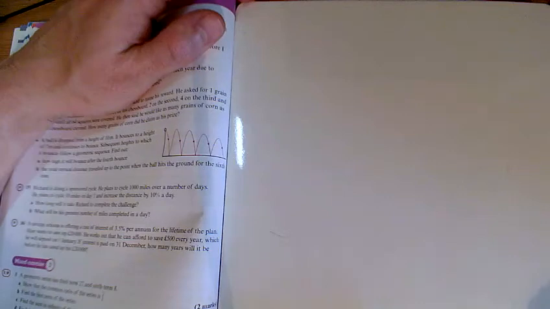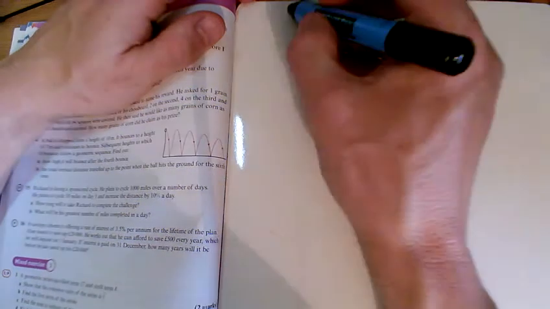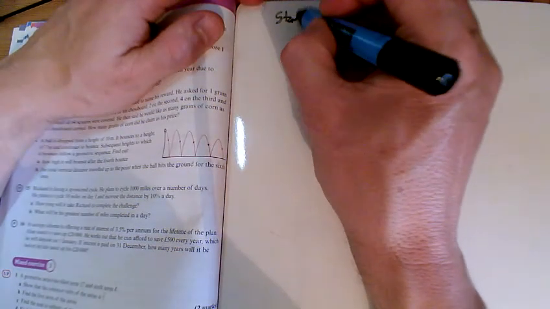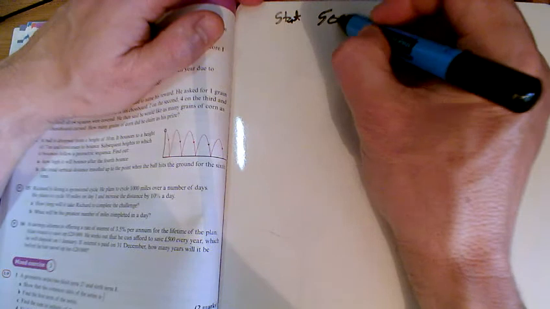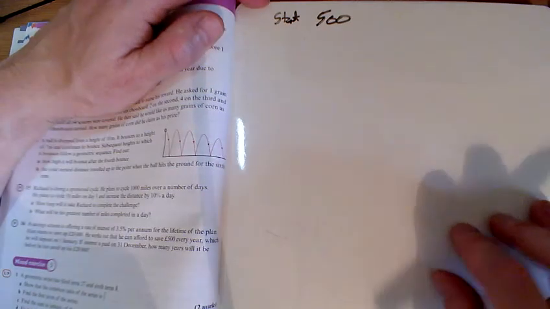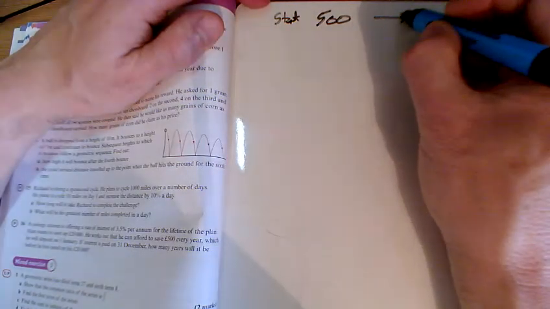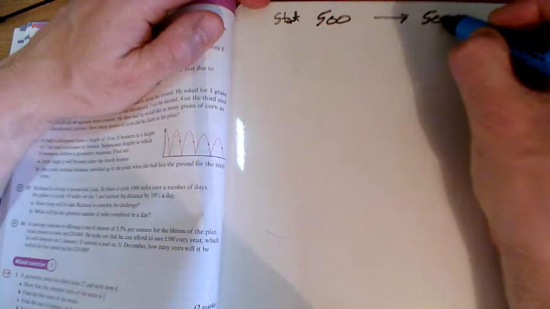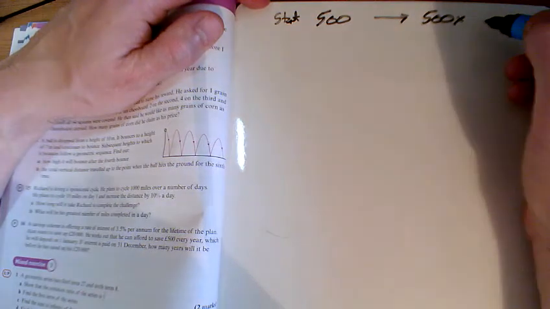And the last one, question 16. Looks quite a simple situation. Takes a bit of thought. I'm going to start with £500. We'll start with £500, but it's going to be in the bank for the whole year. And so by the end of the year, we've got £500 and the interest it's going to get, which is